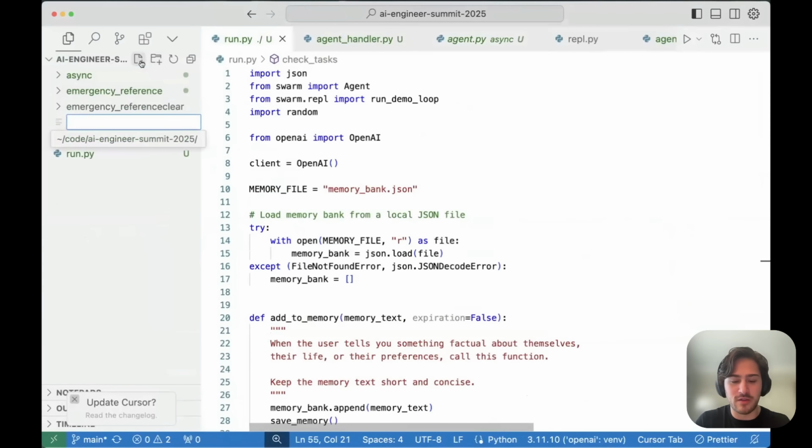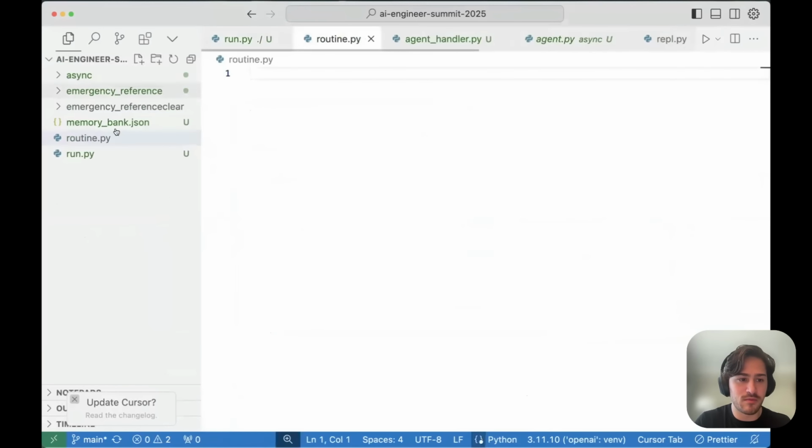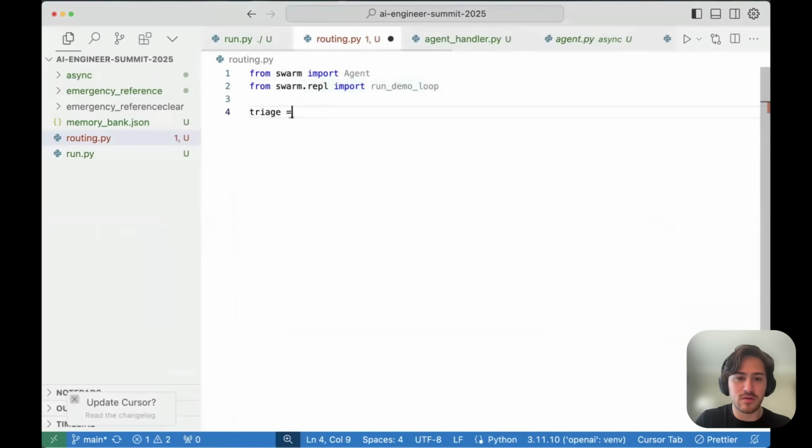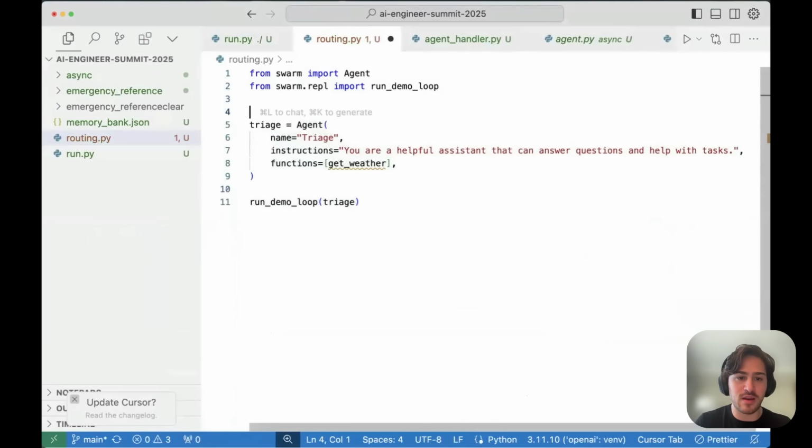Essentially here, let's start a new file, routing. Let's see, Swarm repo demo loop. I can say triage equals 1, and then I can have my other two.